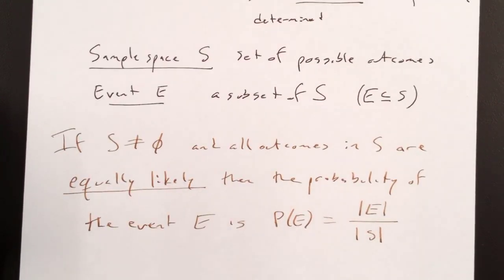So I think I made a mistake when I said the outcomes were 2 through 12. I think I want to think of those as events, not as outcomes. But if I just said, give you the possible numbers you could get when you add the spots, 2 through 12 is absolutely a good set of outcomes. They're just not equally likely. So equally likely means that each individual outcome has the same chance of occurring. If all of my outcomes are unique and distinct, different from one another, then I think I can agree with your sentence. But I need that difference.